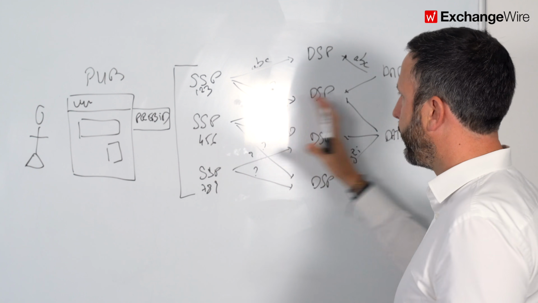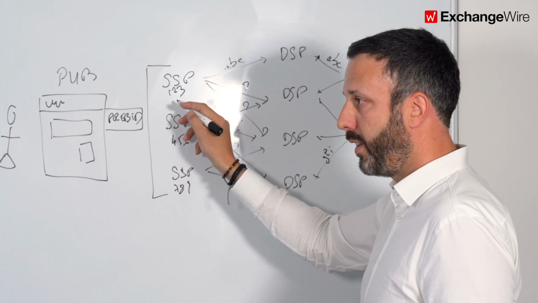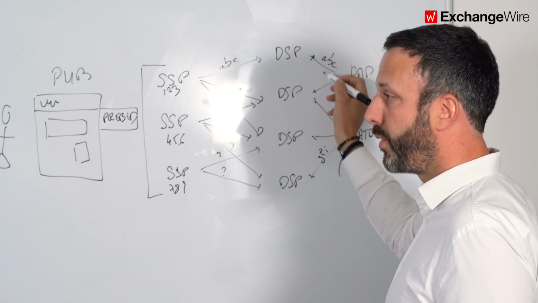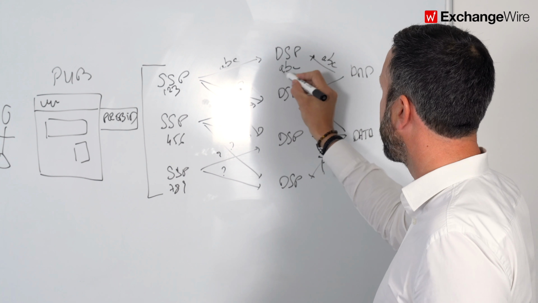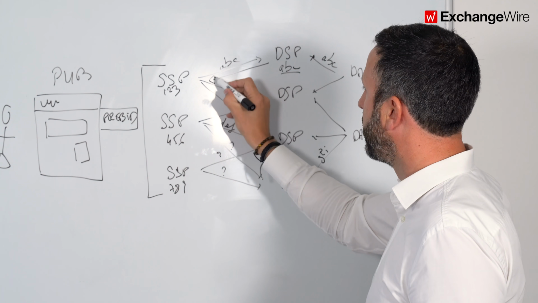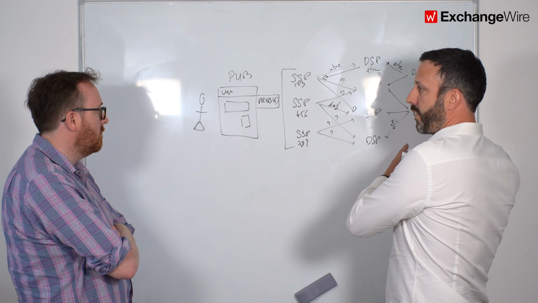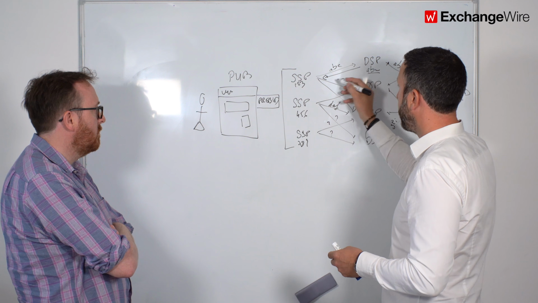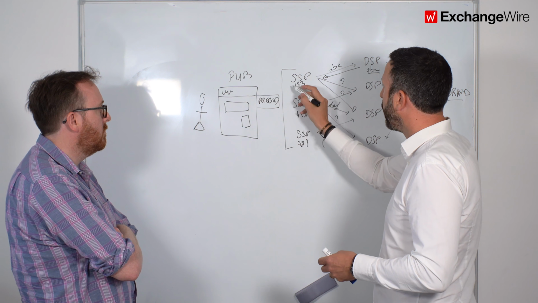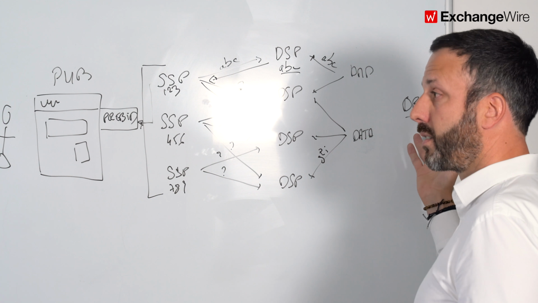And so based on this very simplified workflow here, SSP1 knows that the user has an ID here. They have a match for DSP1 in their match table, so they pass that identifier. The DMP also has an identifier for the DSP, so this DSP is able to bid because he knows who the user is, and he has information about that user, right? And so he'll return a bid to the SSP. Everyone else in this description doesn't know who the user is on page or doesn't have any data point because of matching issues, right? So in the end, you have a poor auction where only one of the four bidders can actually bid, which translates probably into some revenue loss for the publisher